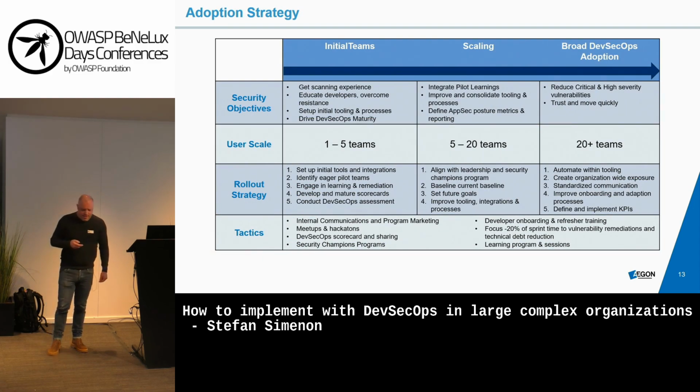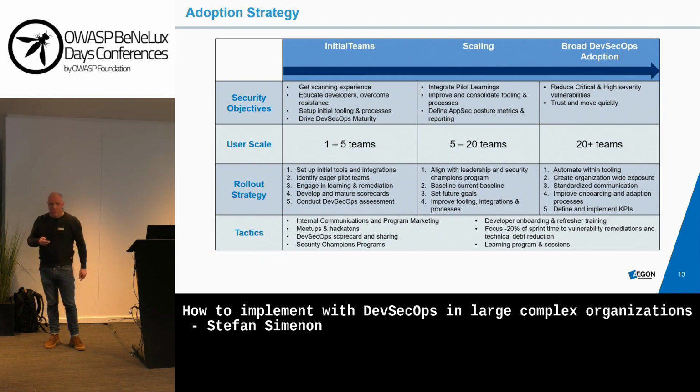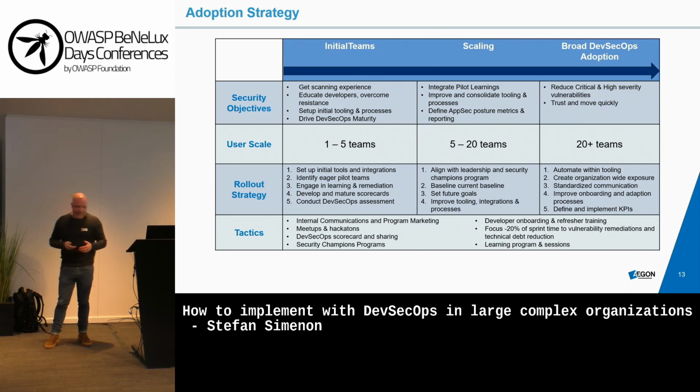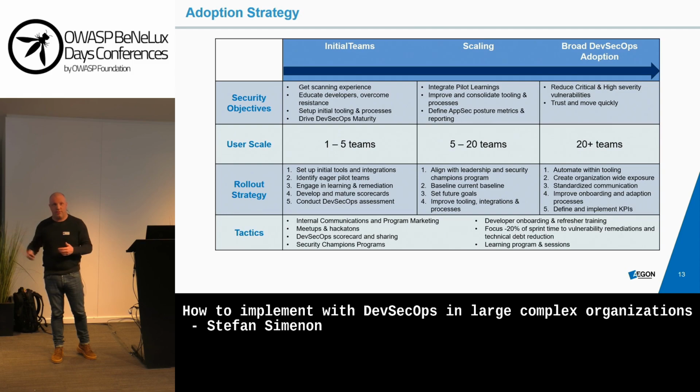So when, and I think this was also mentioned in one of the earlier presentations. So once a company is starting with an application security program or a DevSecOps implementation, it's a big journey. It's a continuous improvement journey. It's not a one-time project with fixed milestones and fixed dates. So you need to start small. You need to learn. You need to set up an initial pipeline that is continuously enhanced and automated.